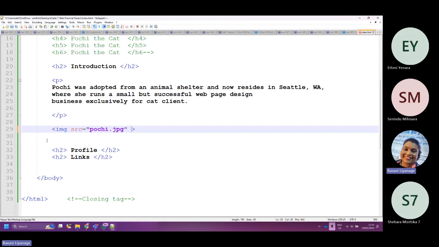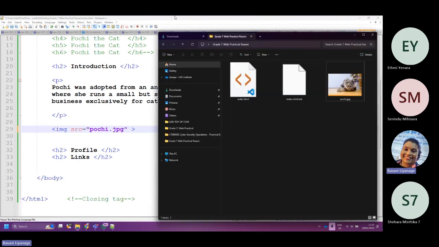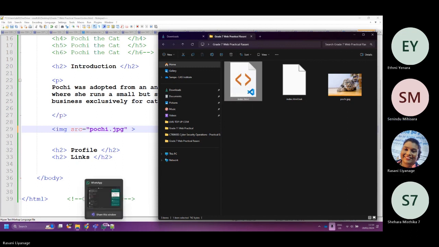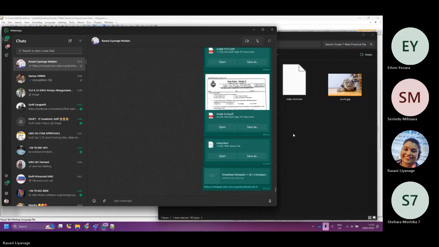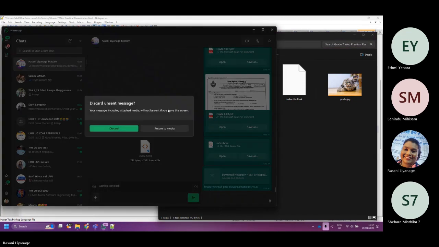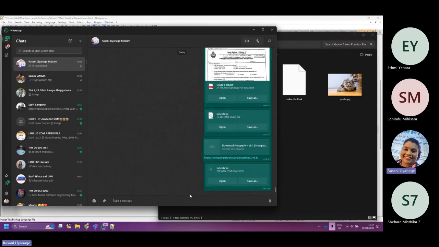Send me the file itself. Drag the whole file into WhatsApp. Sorry, madam, I can't understand. Son, now the code is saved, right? In the folder. Send that to WhatsApp. Send it. You can send the file itself like this. Send like that.